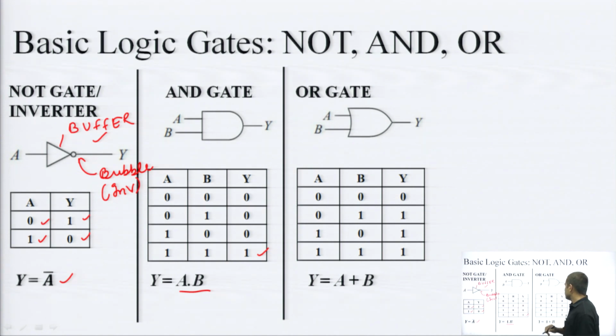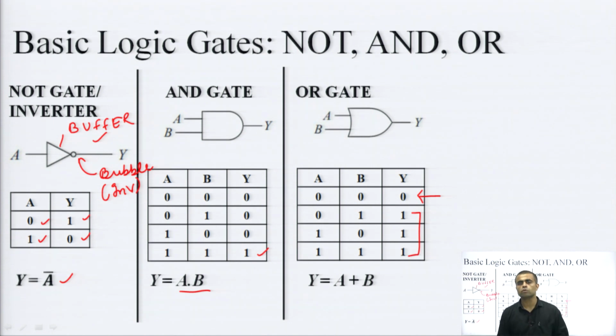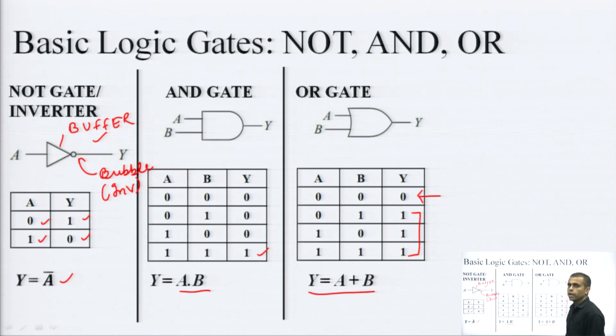Now, coming to the OR gate. OR gate says the output will be high if any of the input will be high. So, this 0 plus 0, this is the only case where I will be getting the 0 output, because none of the inputs is high, and for the rest of the 3 cases at least one of the inputs must be high. So, that is why I am getting this 1 for the rest of the 3 cases, and this thing holds for any number of variables. If I prepare a 3 input OR gate, then this thing will be applicable to that 3 input OR gate as well. So, this becomes the expression for OR gate, y is equal to A plus B. That means, either A or B or both should be high to get the high output.